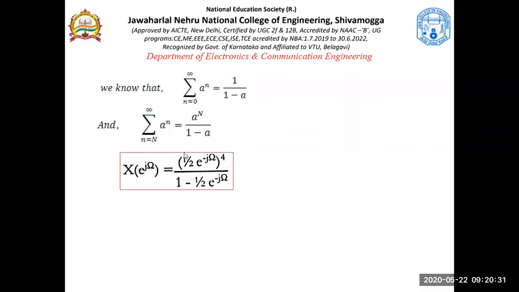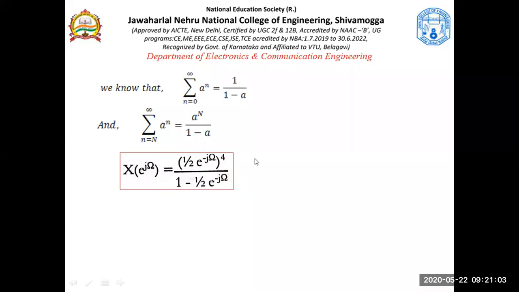Okay. Understand that, everybody? So this is quite a simple problem, provided you know this standard summation. You should not be having any problems with this. But if you have a finite number here, you need to write a power n in the numerator. These are all simple problems because you are already aware of the summations, which we learned in detail when we were solving the problems on Z transforms.